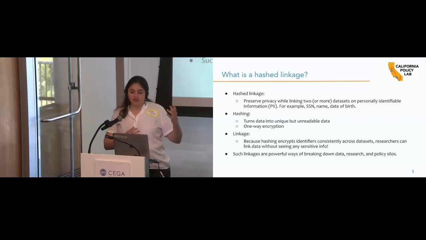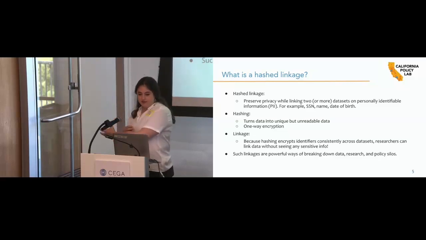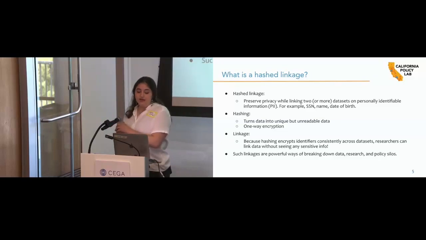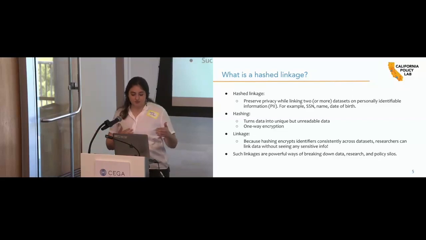So the way the hashing works is that if you have 2 values that are the same before they're hashed, after you apply this hashing algorithm, they should have the same hash value. If you have 2 values that are different before they're hashed, after you apply this hashing algorithm, they should still be different. And this is what actually allows us to link the data in a meaningful way,